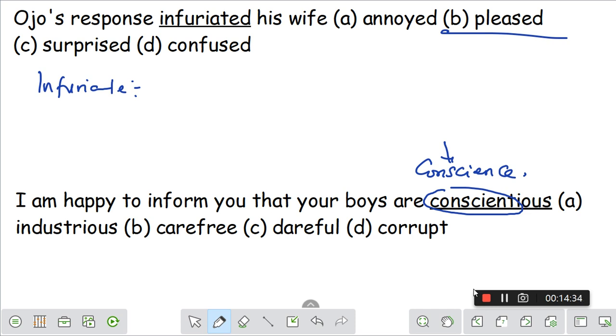So it means you are industrious. You are careful. You are vigilant. And you do your work with so much care. That is, if the work is starting by 7 a.m., you get to the work by 7 a.m. So you are industrious. But we are looking for opposite in meaning. So we cannot choose industrious. The answer would have been industrious had we been looking for nearest in meaning. So our answer here will be what?